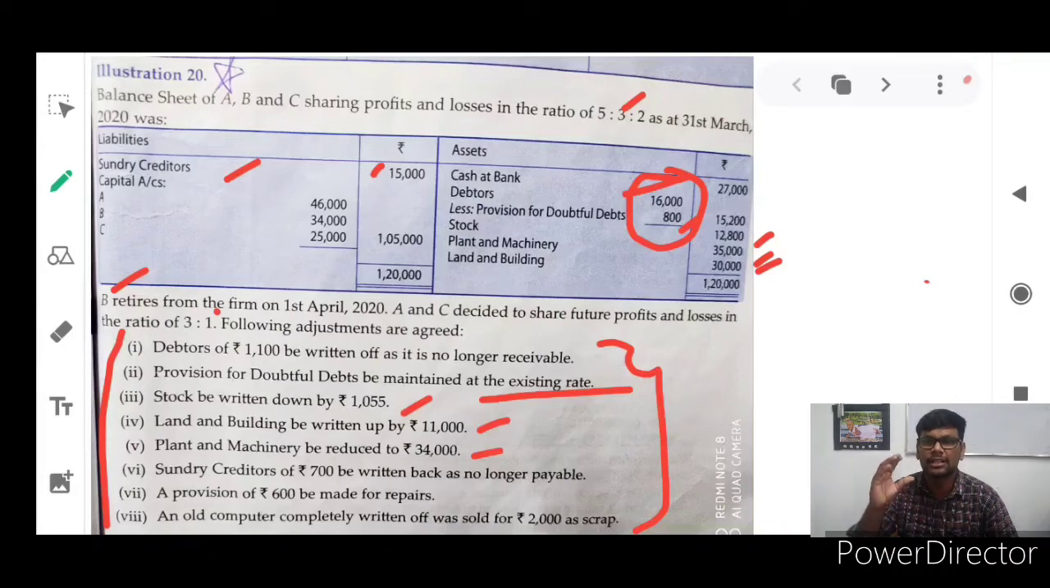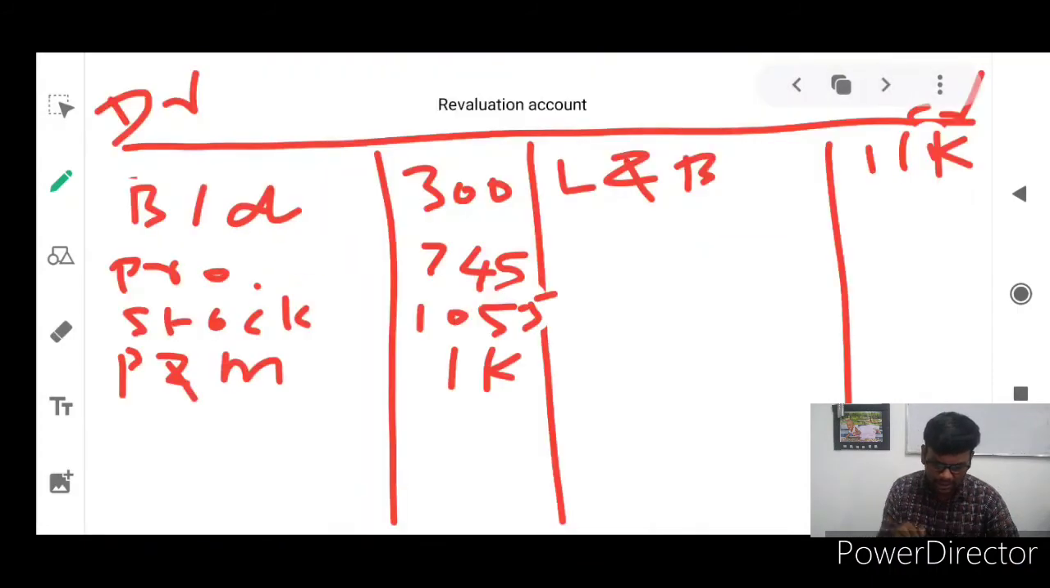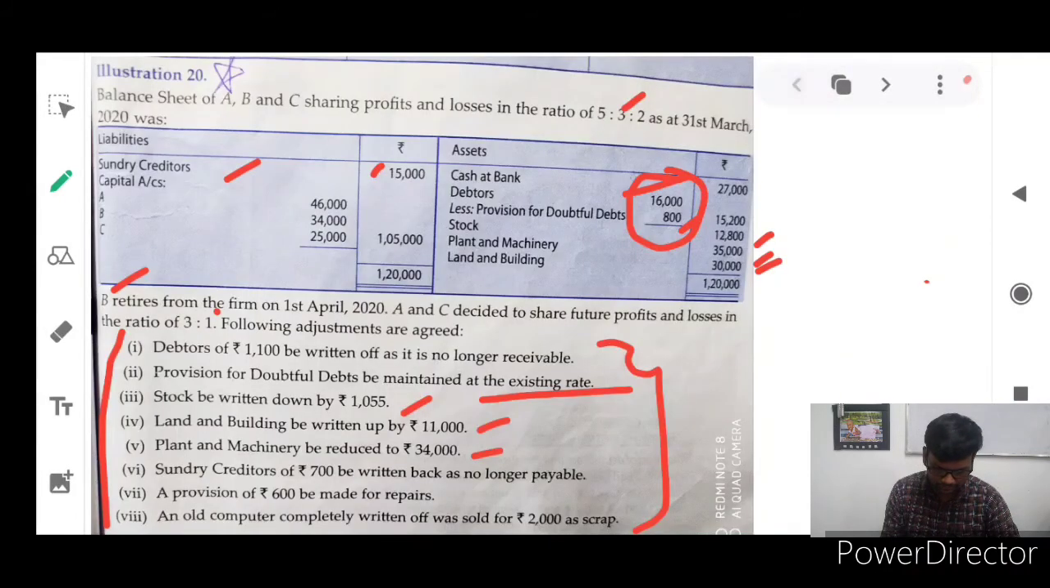Our liability, our responsibility, is reducing, which means liability is decreasing. If liability decreases, where will we enter? It should be entered on the credit side of the revaluation account. So what is that? Sundry creditors, amount 700 rupees decreased. The next one,